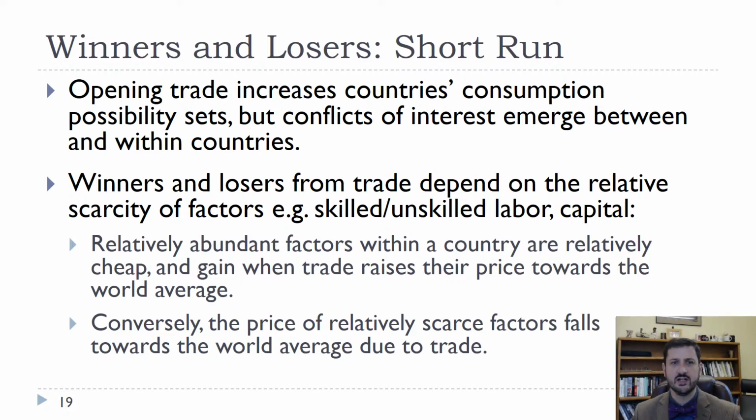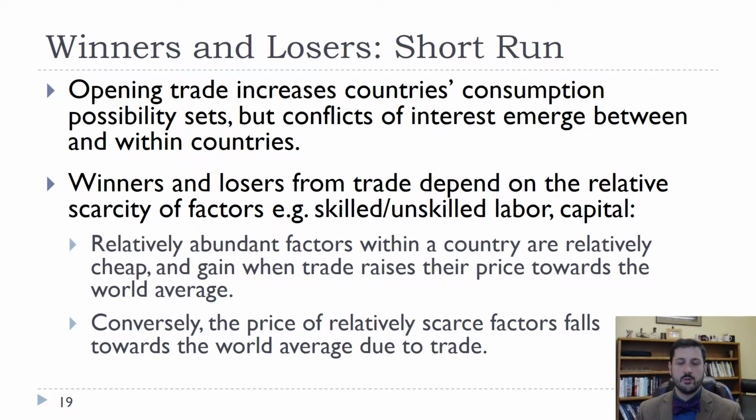So what we've seen already is that opening up trade increases our consumption possibility set, right? So now we can consume more. If we think about the United States and say increase in trade with a country like China, then a lot of our manufactured goods, whether it's toys or clothes or cell phones or computers or whatever, have become cheaper, right? Become less expensive. On the other hand, on the other side are the workers that used to make those products in the United States but are no longer making those products.